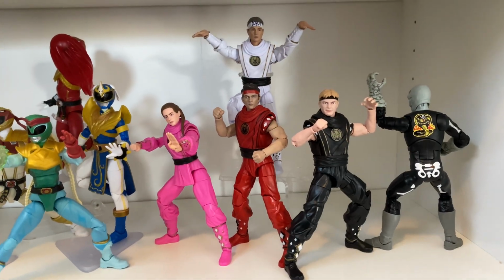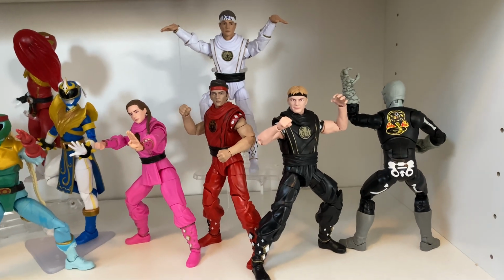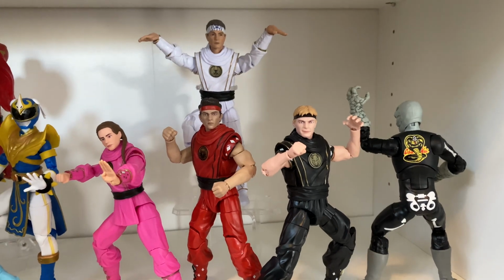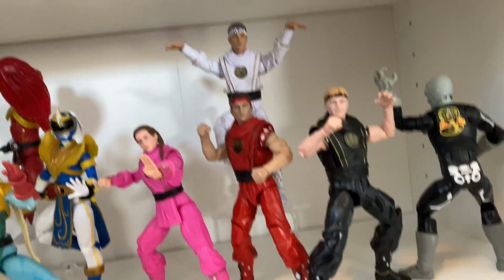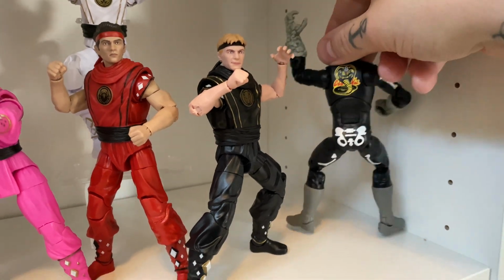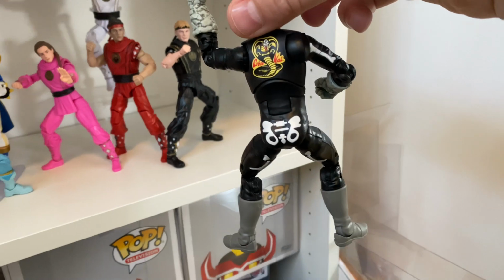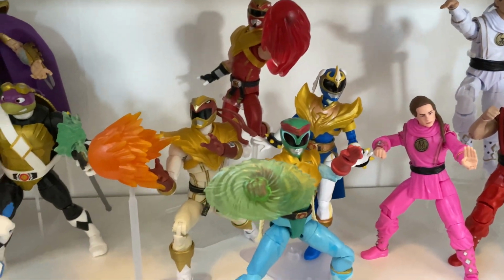So these are Lightning Collection with a twist. These are all the nice crossovers we've got. We've got the Power Rangers Lightning Collection Cobra Kai crossover here: Daniel at the back, Samantha, Miguel, Johnny, and the Skelly Putty. The Skelly Putty is really cool, actually, even if you just buy them for boosting up your little putty collection. They are pretty cool. Then we've got the 4 Street Fighter crossovers in the middle here,